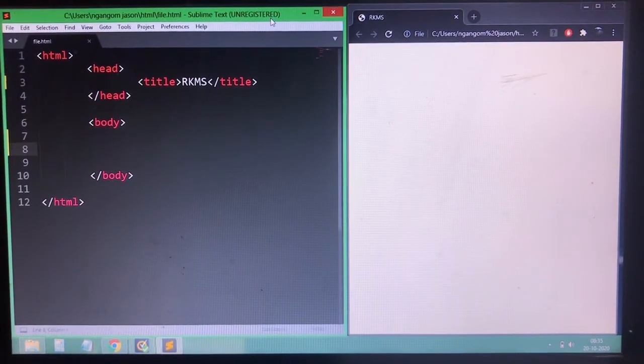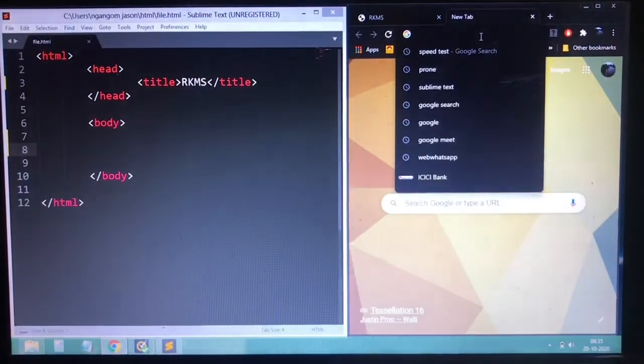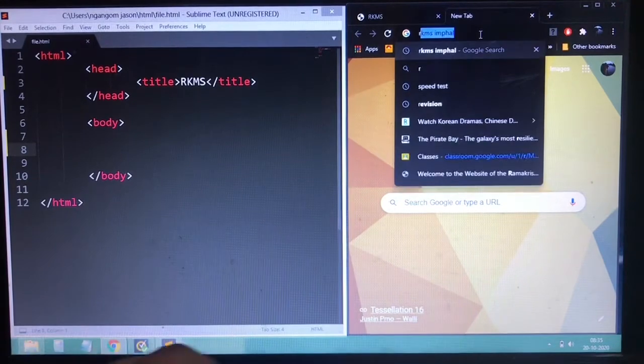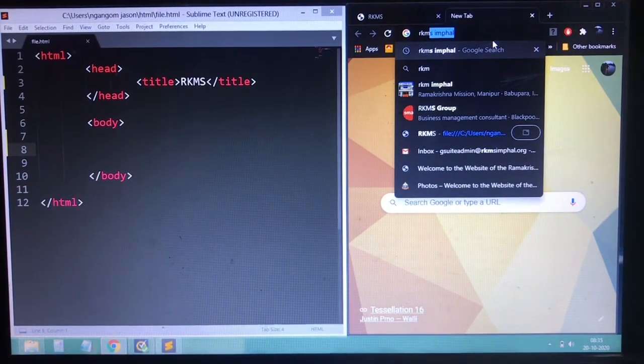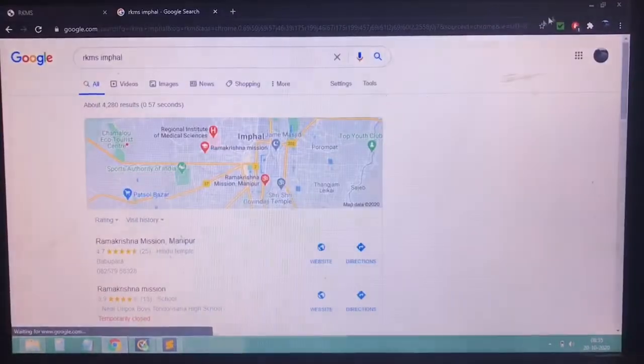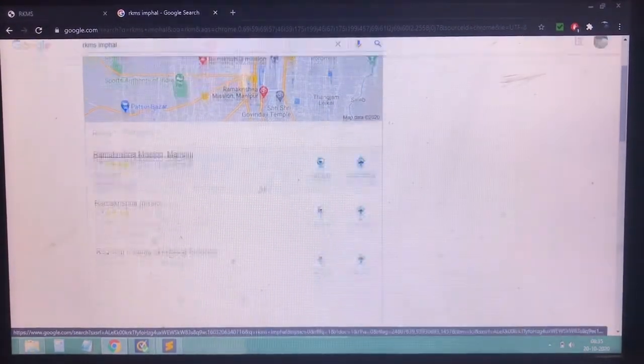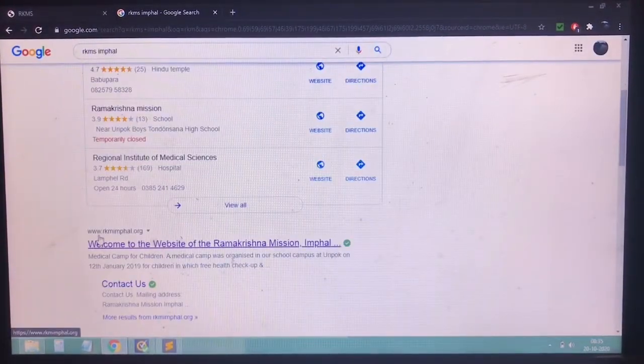When you come back from this pandemic and return to school, you give me a page developed by yourself after watching these videos and learning all about our school. Make a page about our school. If you don't have pictures, just search in Google for RKMS Imphal. This is the page, our website for our school,